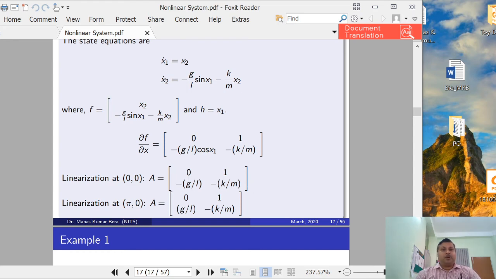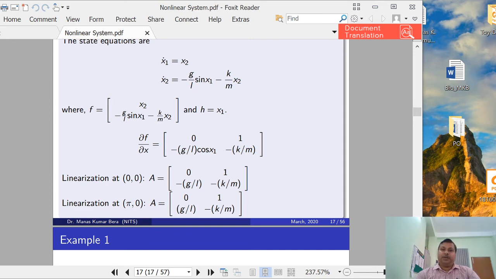Means the nonlinear system is stable. Why will it be stable? Because it can be shown that all the eigenvalues of this A matrix have negative real part, and in that case it is very easy to show that the nonlinear system will be stable with respect to this equilibrium point. And if you compute the eigenvalues of the A matrix derived with respect to the equilibrium point pi 0, you will find that one of the eigenvalues is located in the right half of the S-plane. So definitely